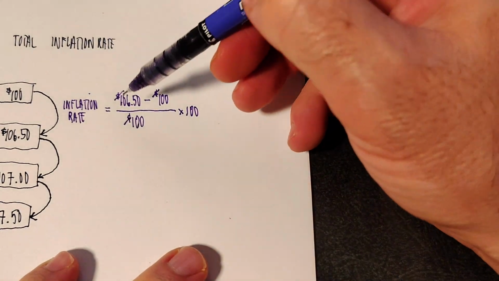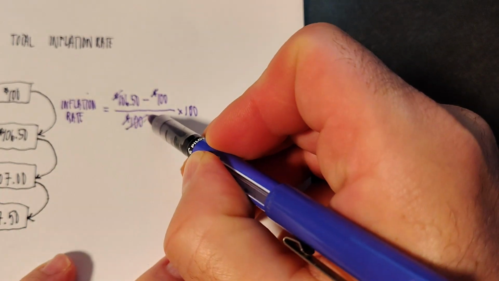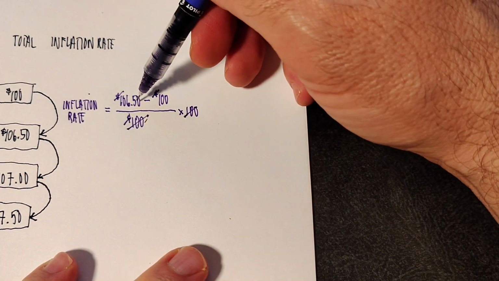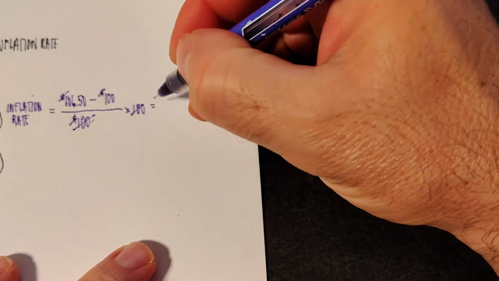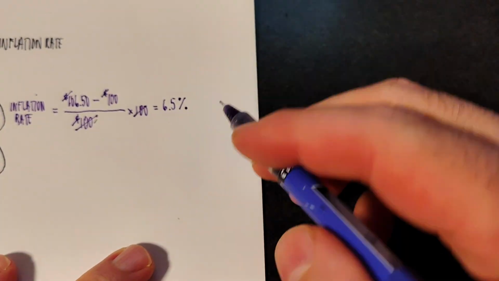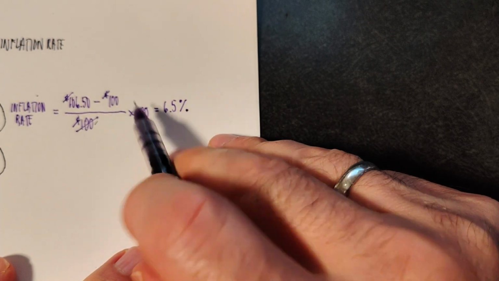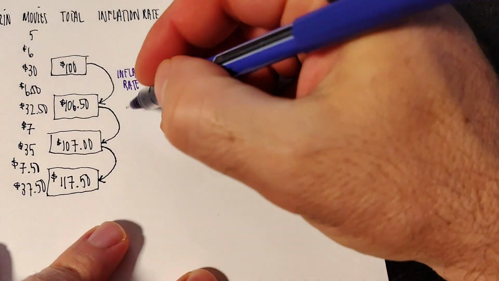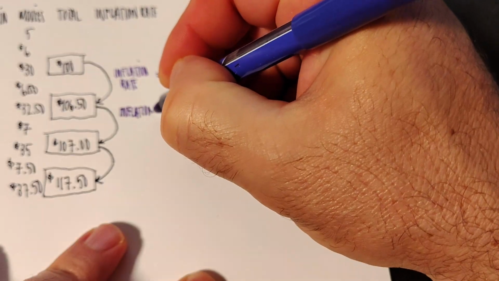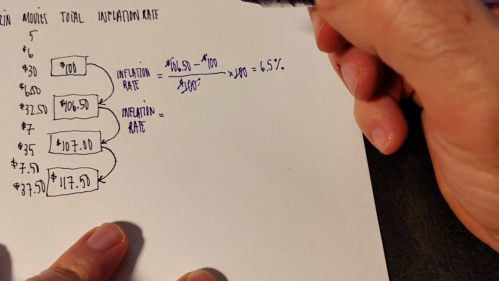And we'll have this 100 here cancels with this 100 here. And what we're left with is 106.5 minus 100, and that's going to be equal to 6.5%. Again, don't forget, we have to put that percentage sign there because we multiplied by 100. Right. So here, the next year's inflation rate is going to be, just using the same formula,